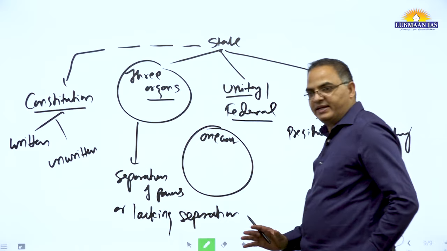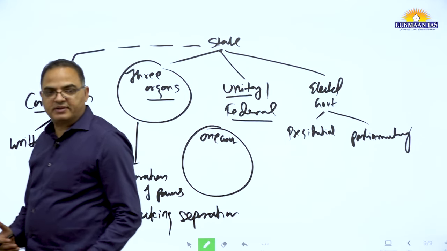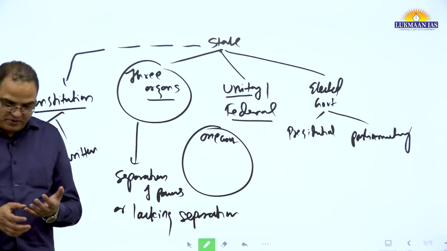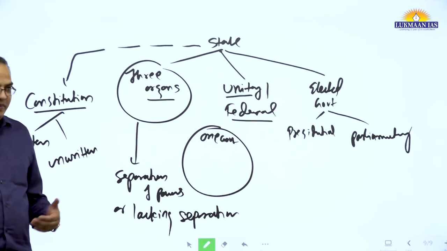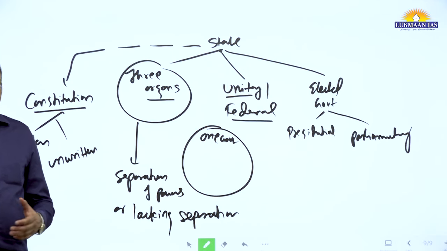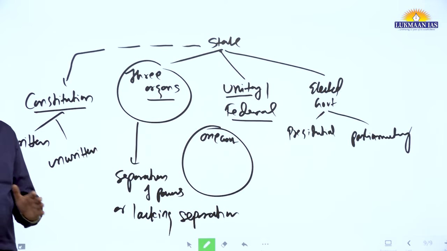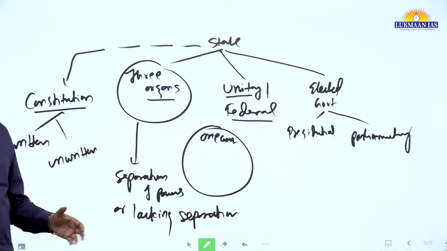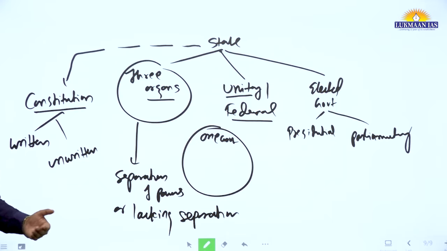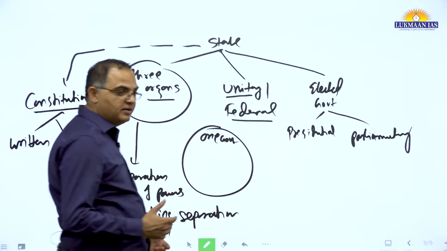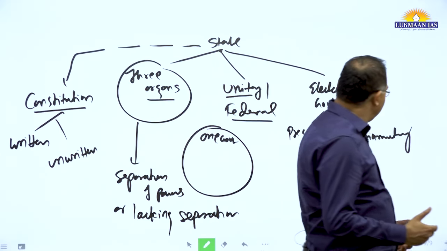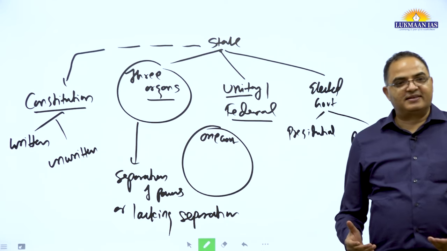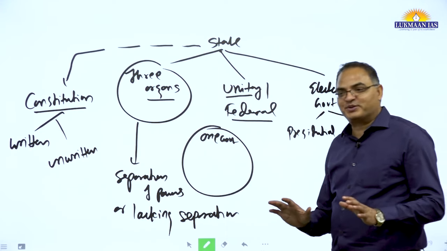When we say a polity now, or a democratic polity, what characteristics will it have? Government will be an elected government. In the government machinery, the three organs, there should be separation of powers. There should be a legal written document known as constitution, and it should be unitary or federal, and presidential or parliamentary. This is what we have to understand first.